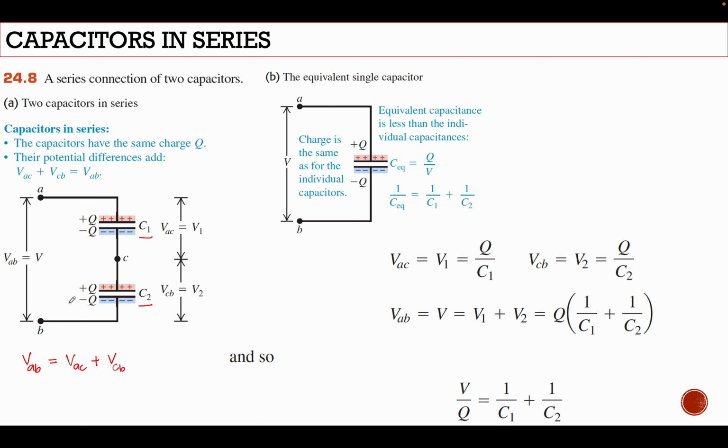As you can see, they are in series connection. So to solve for the equivalent capacitance, or the total capacitance, of these two capacitors,